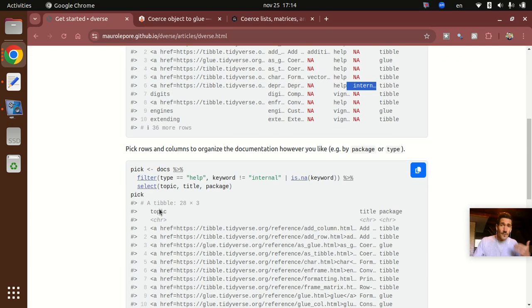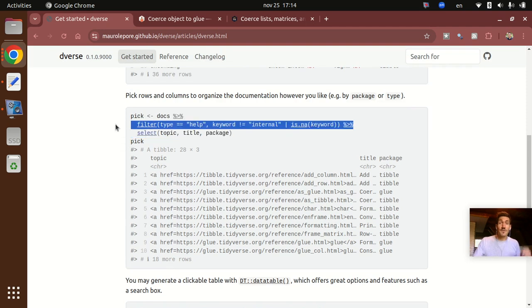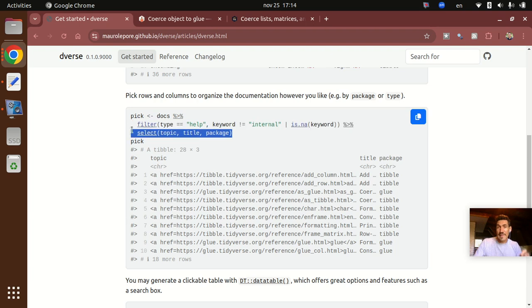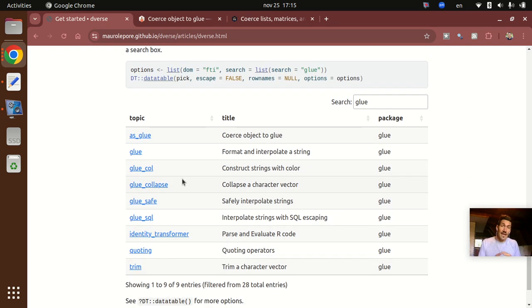Okay, in that case, because this is simply a table, you manipulate it with tools that you already know. So I'm going to be calling a filter just to focus on help files, excluding articles and excluding internal functions. And then I'm going to be using select from dplyr to pick just 3 columns that are the most useful for that kind of documentation that I want to generate in this example, which are the topic, which is the name of the function or the name of the dataset, the title, which typically describes very succinctly in one sentence what that object does, and then the package, so where does this object come from, right? So that is the table that I wanted to generate,